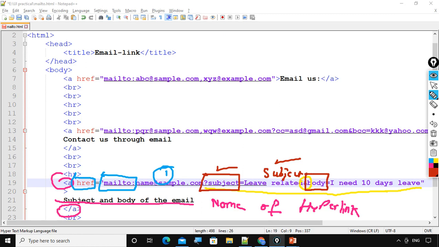And then here I can write any content of the body, nothing but value of body key, okay. So our recipient is ready, subject is ready, and body is also ready, and this is the descriptor, this is closing of anchor tag. So what is mail to? Mail to is keyword, okay. So let's save the code and execute.